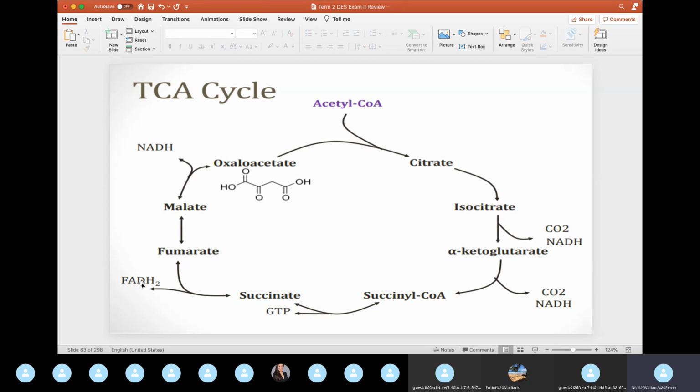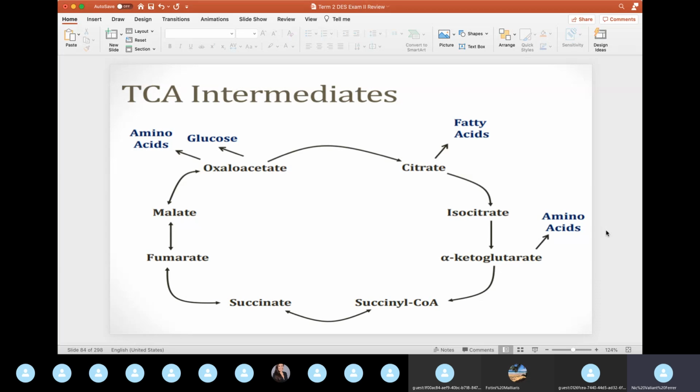Succinate to fumarate, FADH2. This is where the FADH2 comes from to go to your ETC. From malate to oxaloacetate, there's also an NADH molecule there. But the questions are going to be about